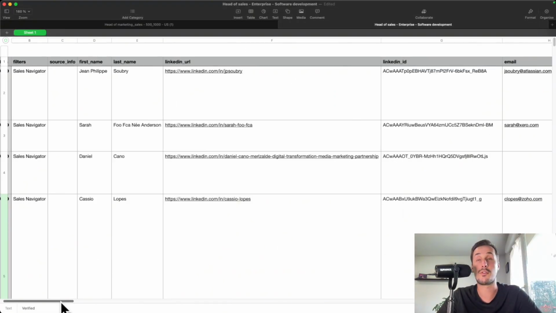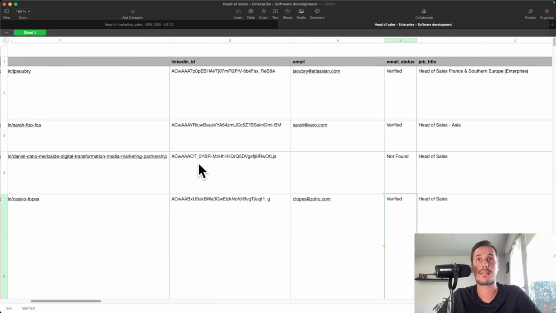So with this workflow, you can easily target decision makers in a specific industry, get their verified emails, and then you can reach out to them to try to pitch your services or products. All right, so now I want to show you some advanced filters that you can use